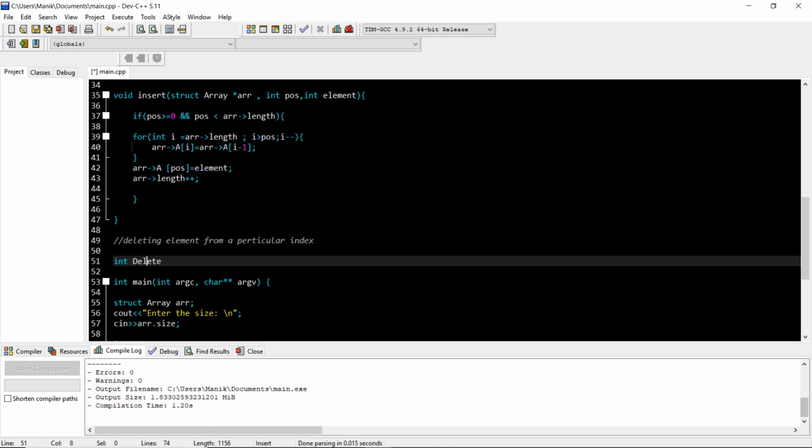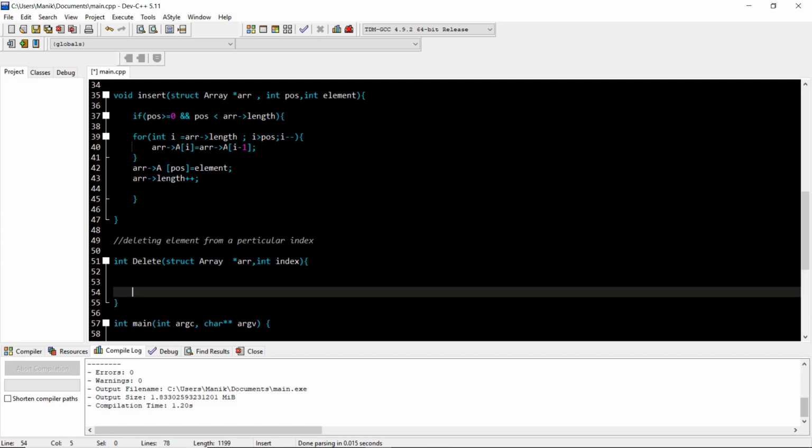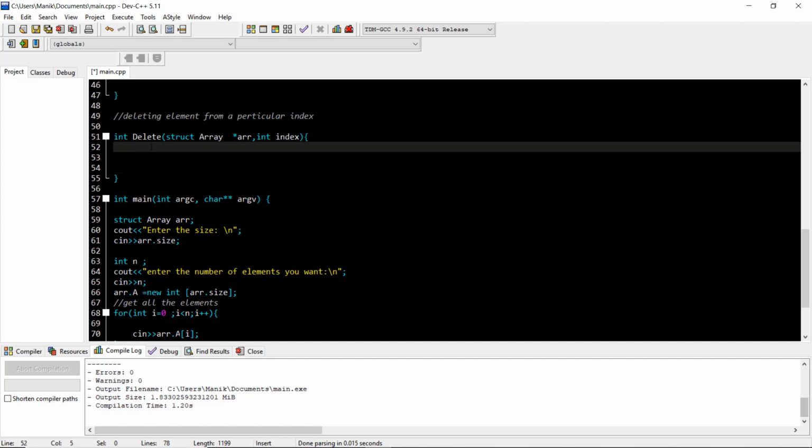use capital D because delete is also a keyword. Mark this point very well. Okay, so first is our structure, struct arr, and it is of star pointer because any updation that we want to do should be reflected. Okay, so and the index. Okay, and the index. So if we want to delete an element, what is the element that we want to delete? Let me first store it in this location.